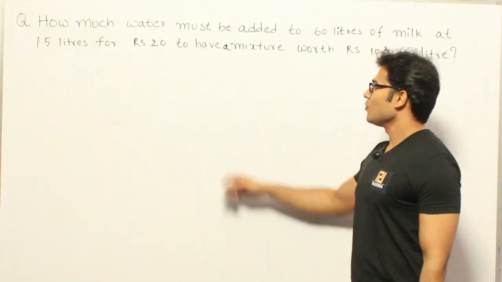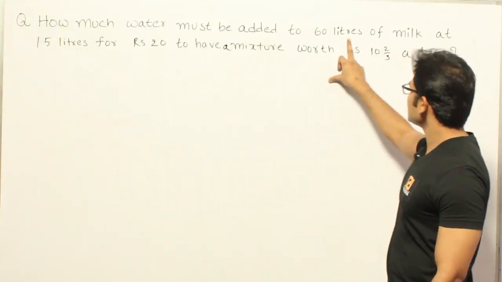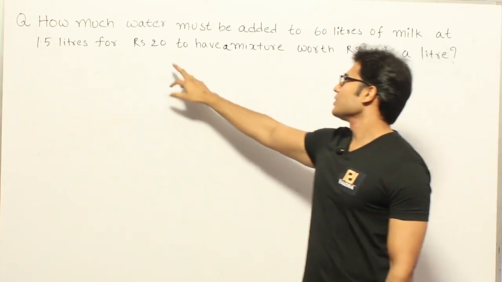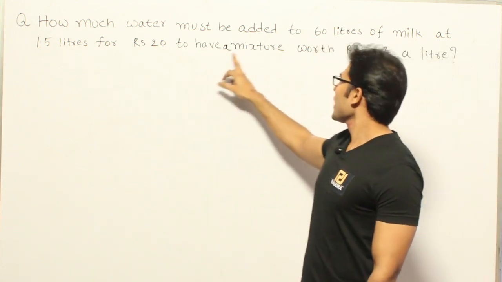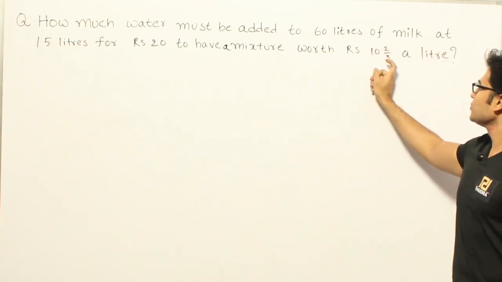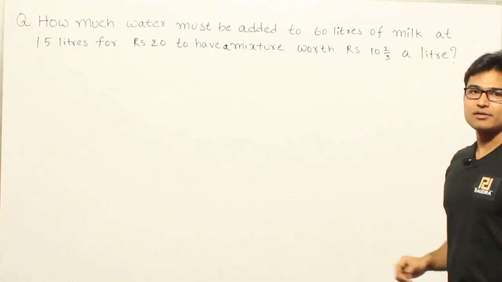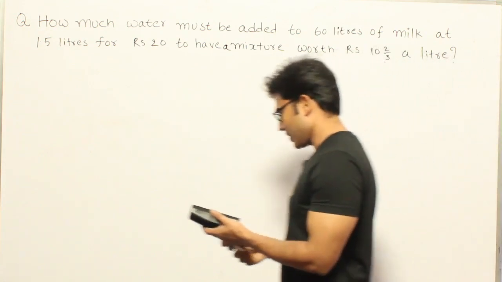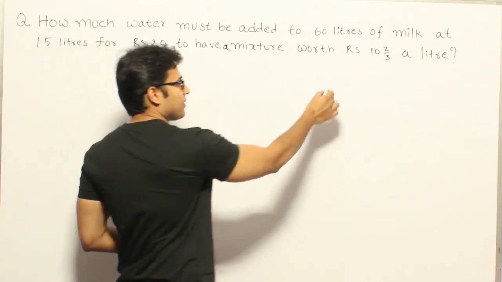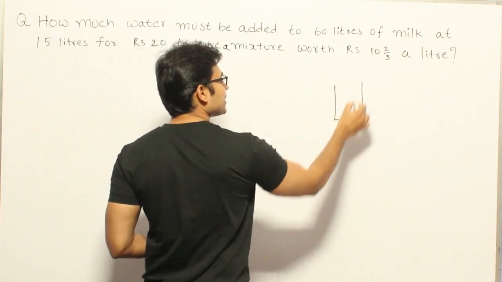See this question: how much water must be added to 60 liters of milk at 1.5 liters for 20 rupees to have a mixture worth 10 2/3, that is 32/3, rupees a liter? So what they are trying to say here is, you can pause the video and read the question. I'll explain what it is. See, they are saying that 60 liters of milk is there,